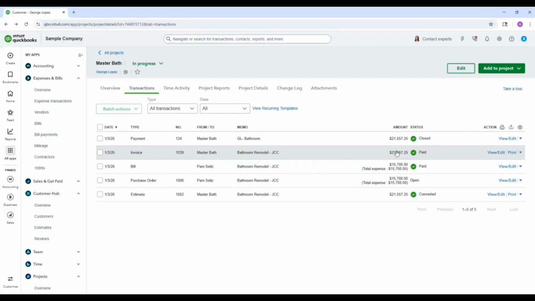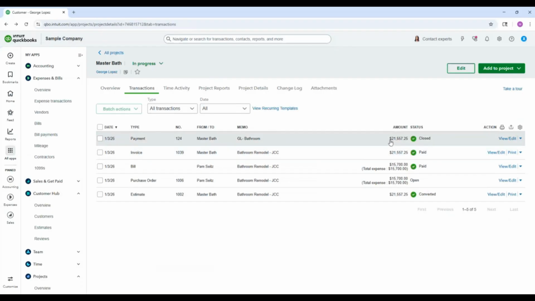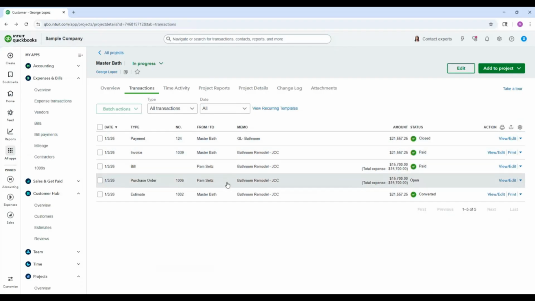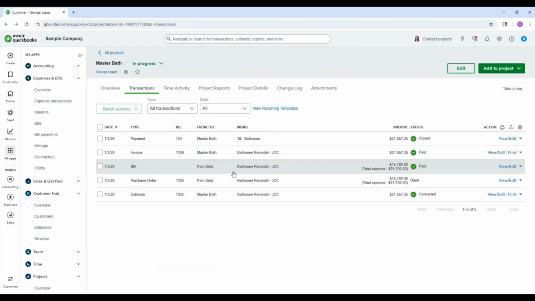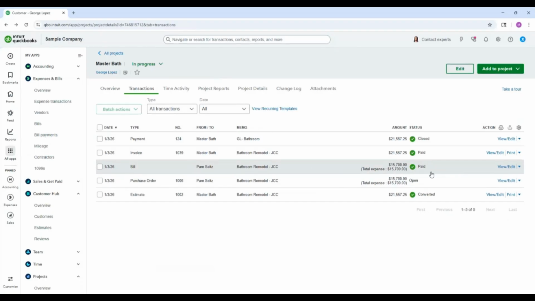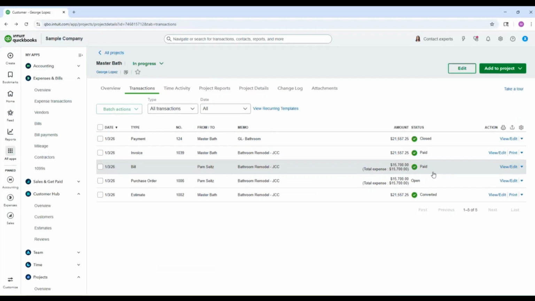The invoice was created and it was paid. We have our purchase order, which was turned into a bill, and the bill was marked as paid. That is a quick overview of how to create an estimate, a purchase order, and an invoice all through one